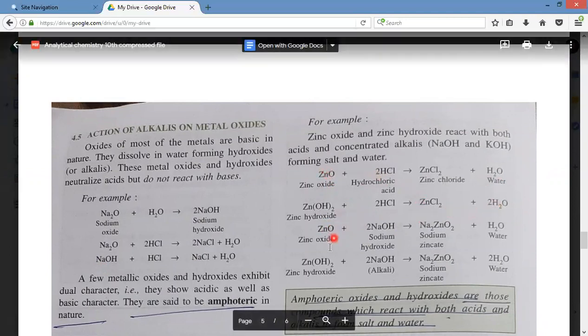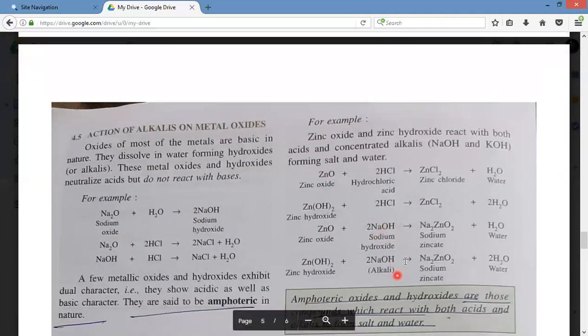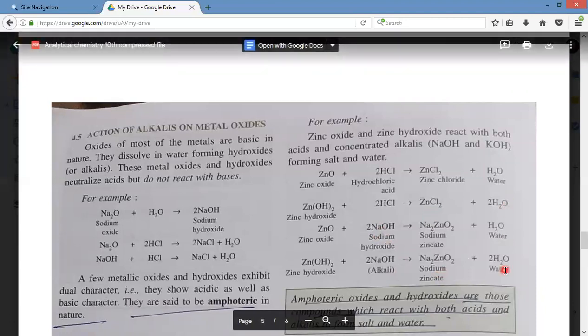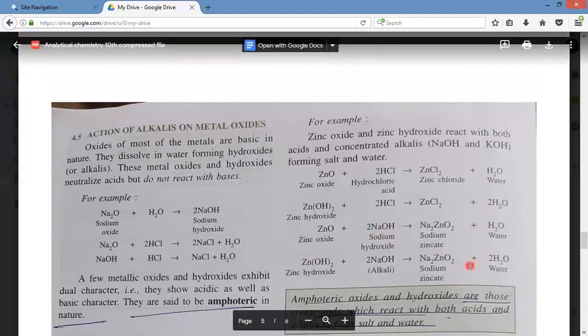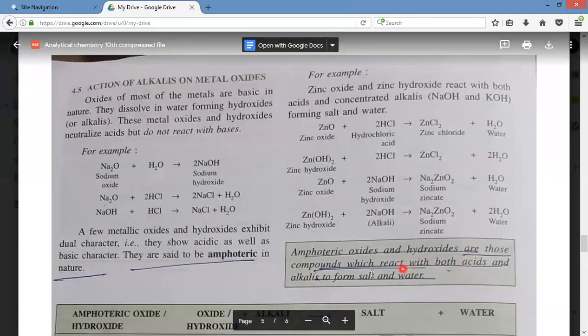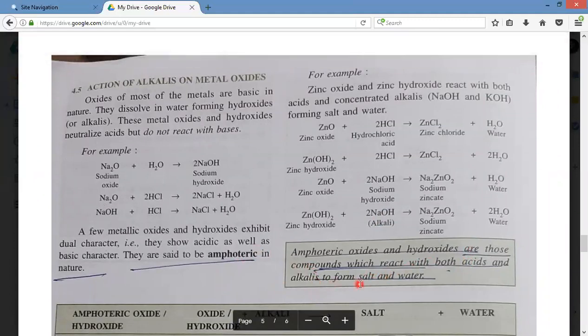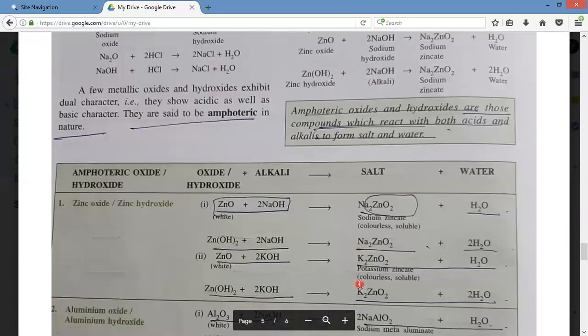Same zinc oxide and hydroxide treating with NaOH, sodium zincate and water is forming. Means in every case for the zinc oxide, both the treatment of acid and base is possible, and there is a formation of salt and water. Amphoteric oxides and hydroxides are those compounds which react with both acid and alkali to form salt and water. Now the last table of this chapter is